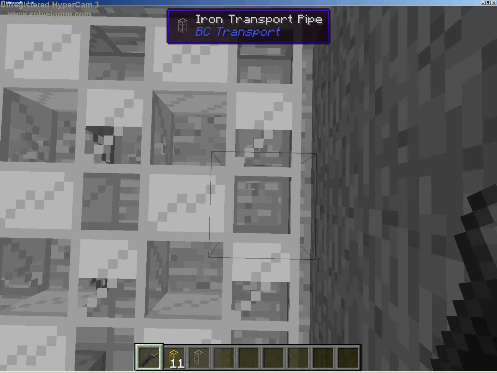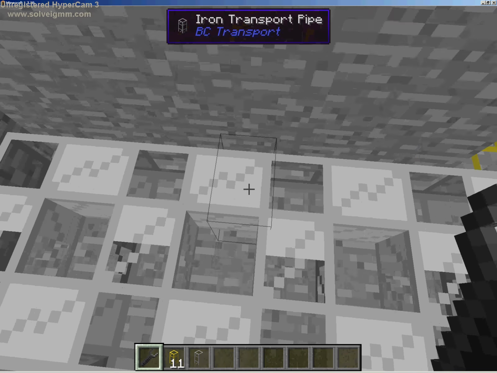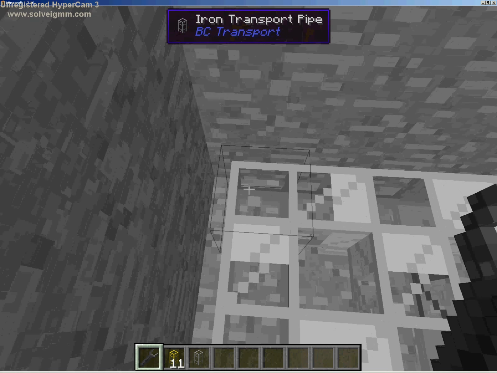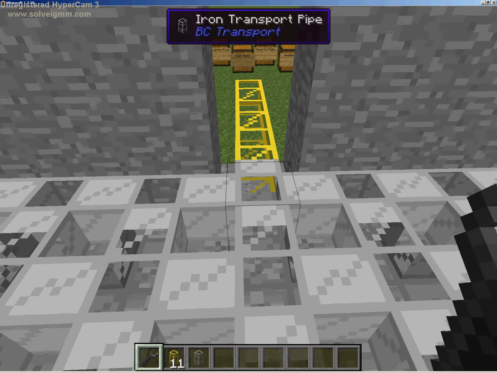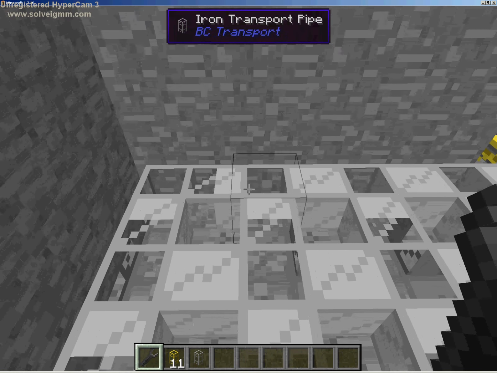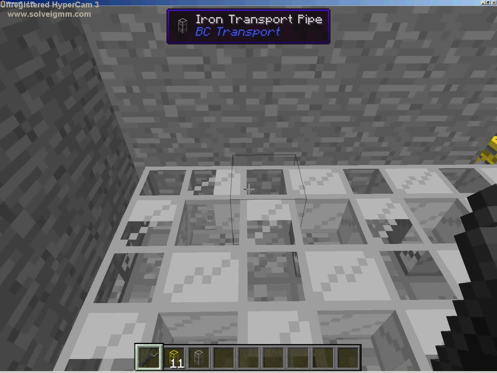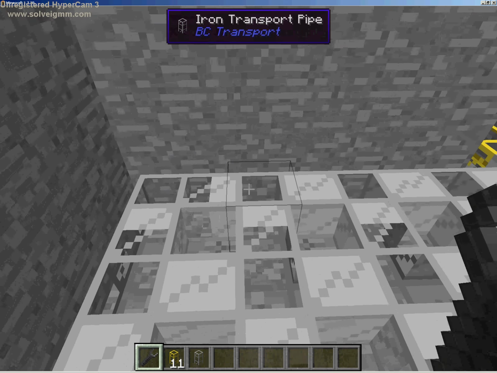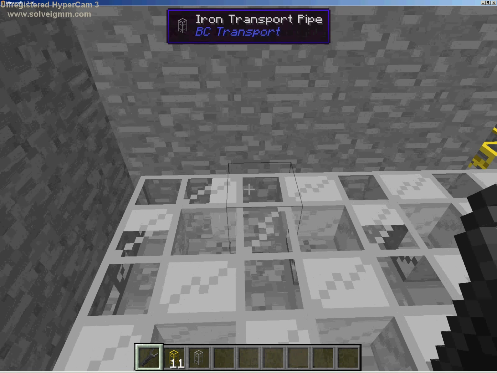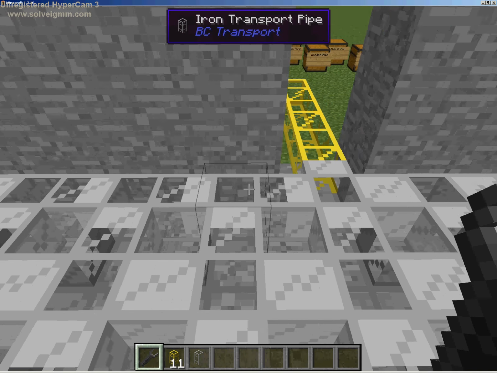Now, for the last row, you're going to use the wrench on the corner pipes twice. And then, looking in the direction of the golden pipe, starting on the left, with this being iron pipe number 1, for these instructions right here, and going to the right, you're going to wrench, that's number 1. You're going to wrench these pipes twice. This one, this one, this one,